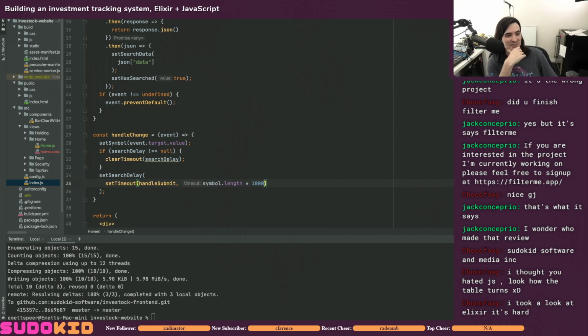Elixir is substantially easier than you think. It's substantially easier than you would think. The trick to Elixir is that you kind of need to like